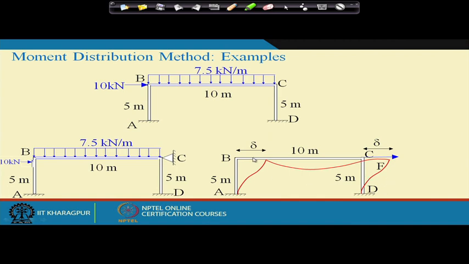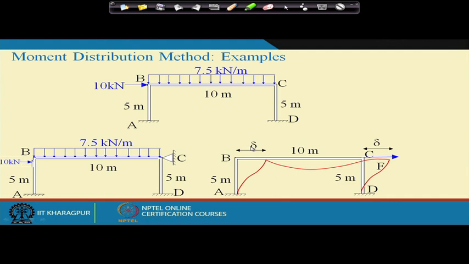What we do is we give one arbitrary sway, some value of delta. Okay. Now we know that in this problem sway takes place because of some horizontal load, right? But what that horizontal load is, we don't know. Okay, but we can derive an equation in which, if we know this horizontal force, we can